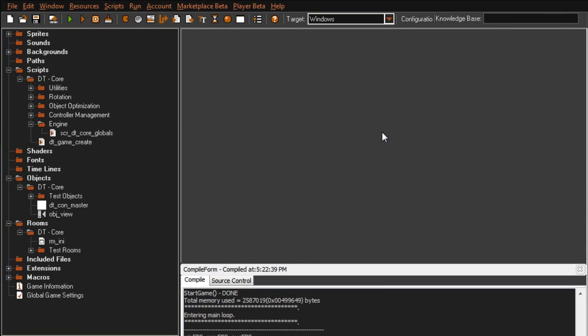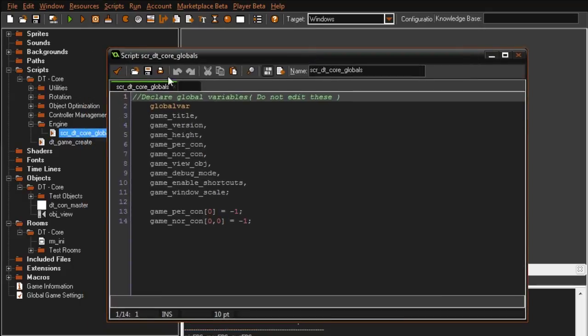My name is Devon, and welcome to my tutorial, or my overview, of version 1.0.2 of my core slash controller management engine. Now, first and foremost, a little minor change that I made this version is I've added the